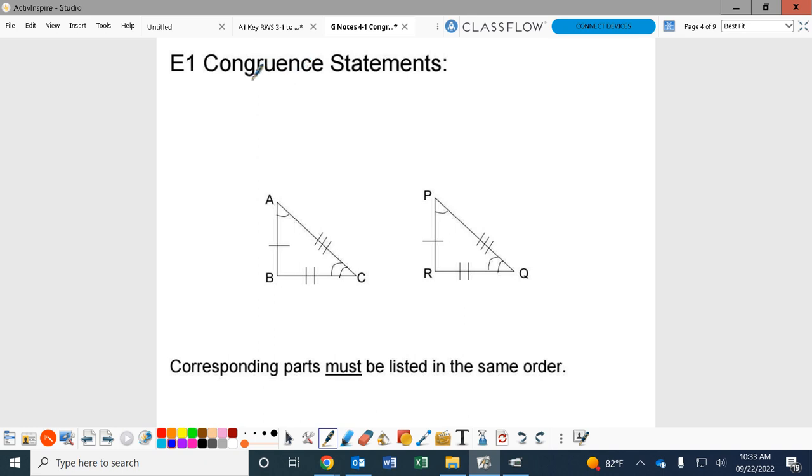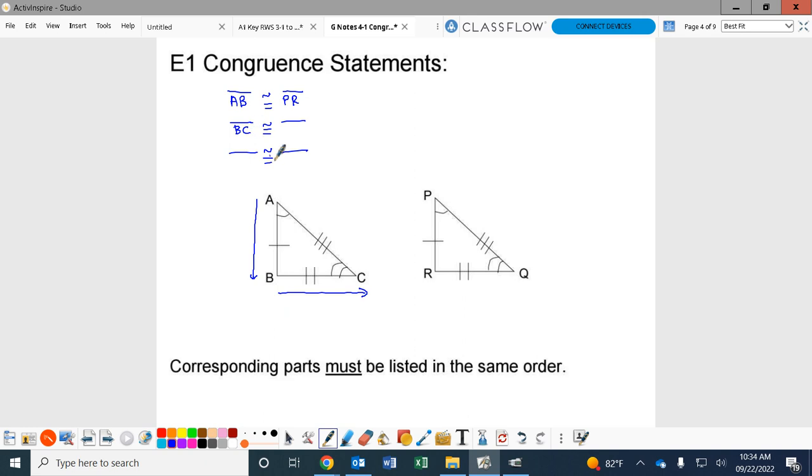We'll start with the sides. So the sides are going to be segments that are congruent to each other. So I'm going to go ahead before I do anything and set up this little thing, because it's going to be three sides congruent to three sides. So I'm going to name my first side. I'm going to go from A down to B. And if I go from A down to B, what does it have to match up with in my other one? It's the matching that matters. PR, perfect. PR. And if I go from B to C,